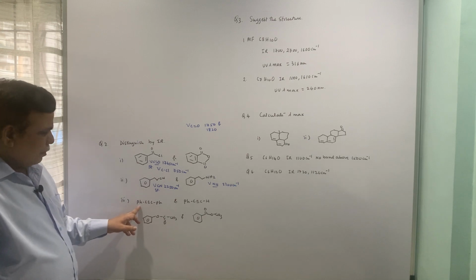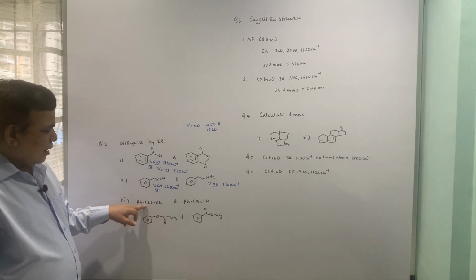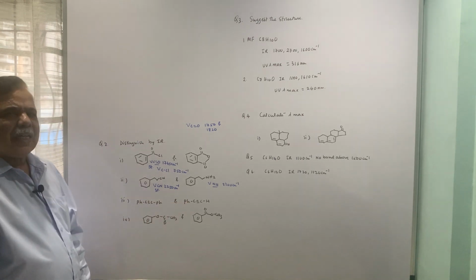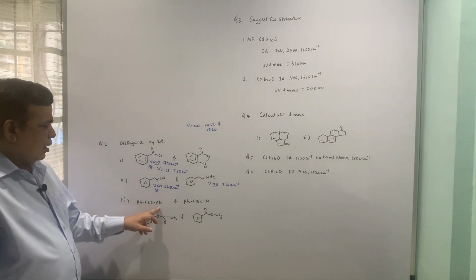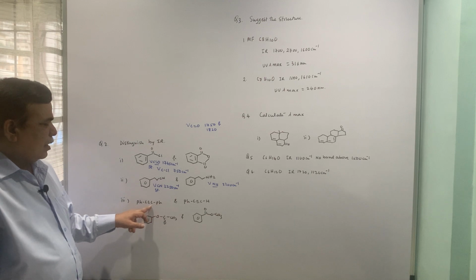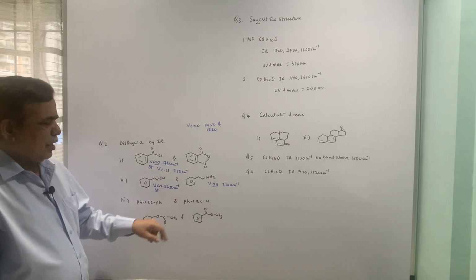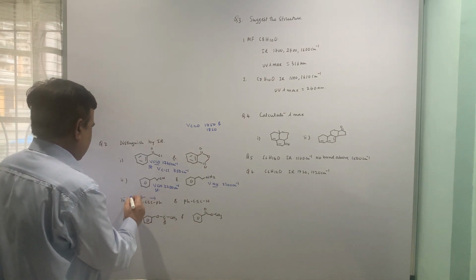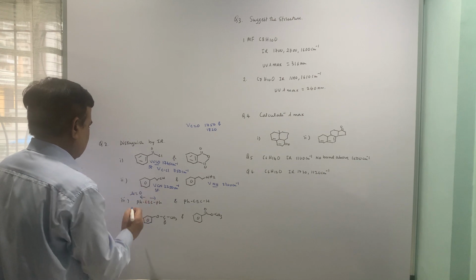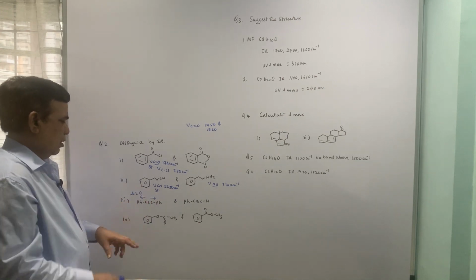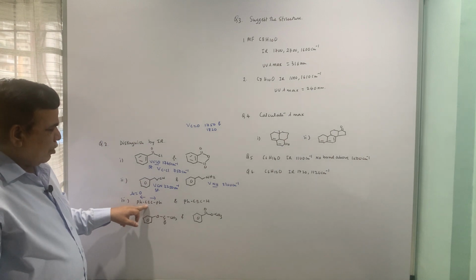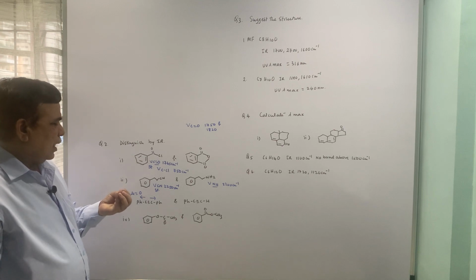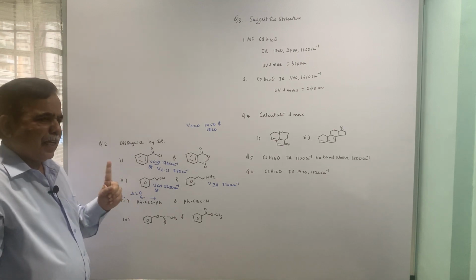Third example is these two compounds, the triple bonded compounds or alkynes in short. This is 1,2 disubstituted acetylene, and this is mono substituted. Now, the problem with this is the dipole moment gets cancelled. Whenever IR light falls on the molecule, it should absorb it, and the selection rule states that only if there is a change in dipole moment will IR light be absorbed.